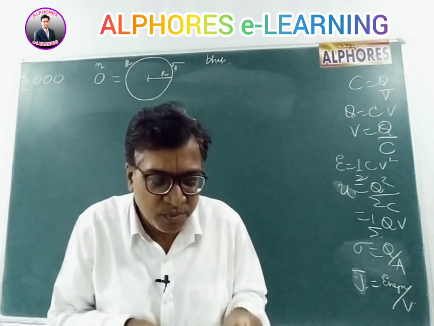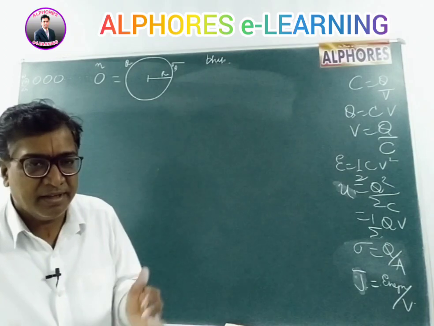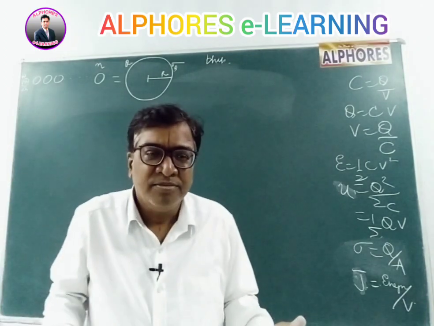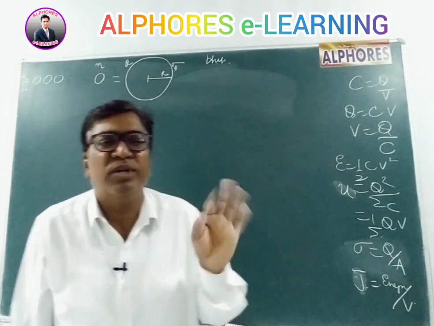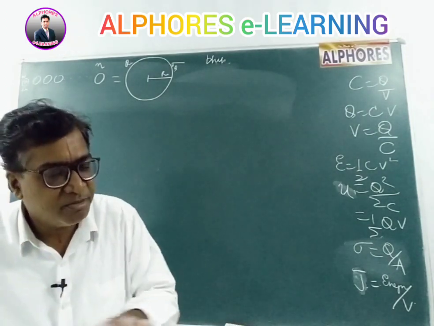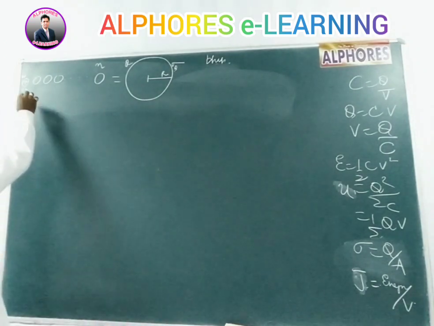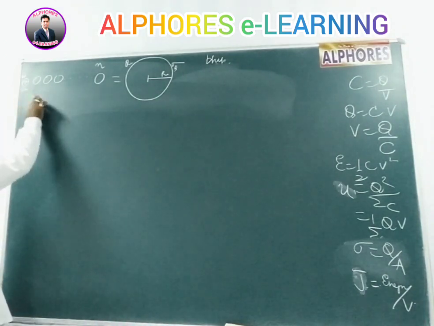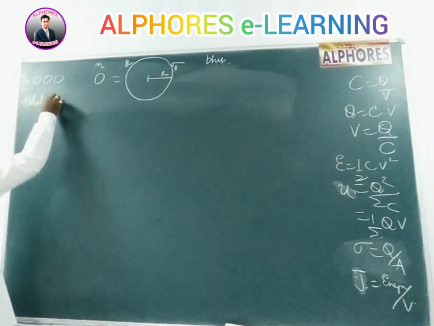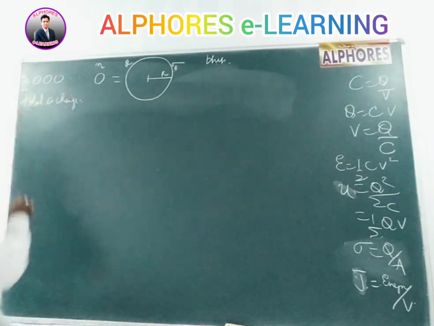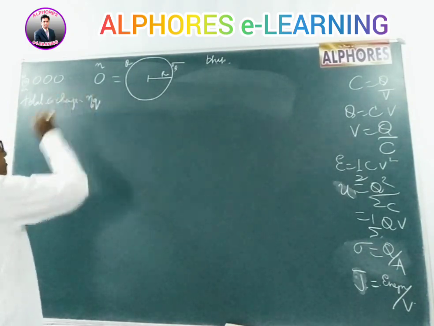So when there are Q1, Q2, Q3 within a limited boundary, the total charge is the algebraic sum of all the charges. This I was telling you. So therefore the total initial charge is n times,